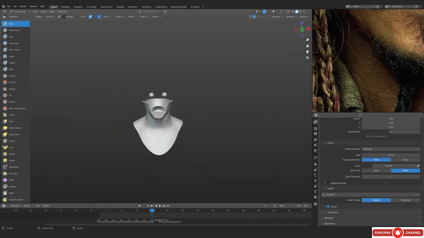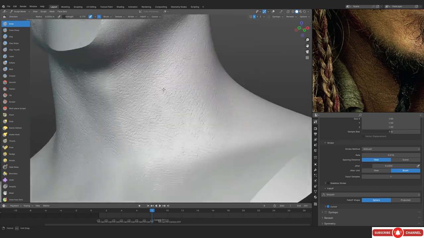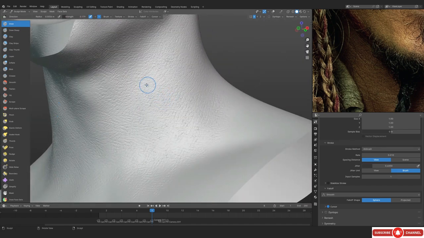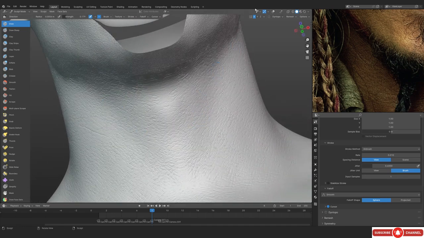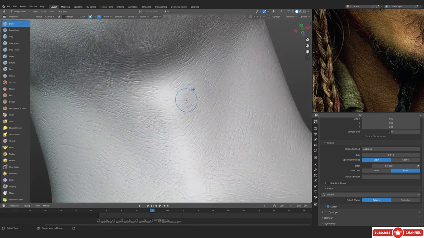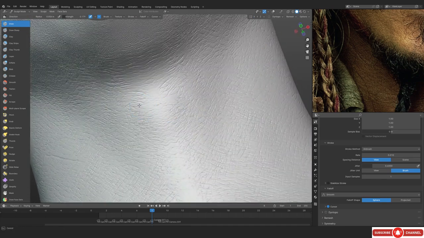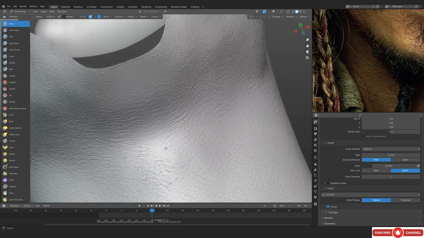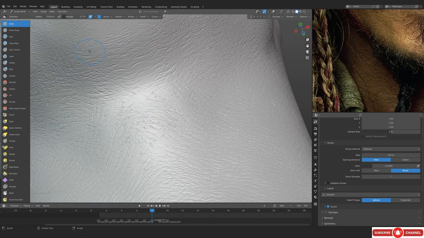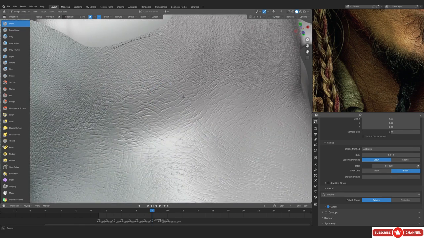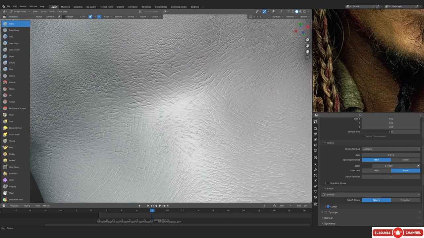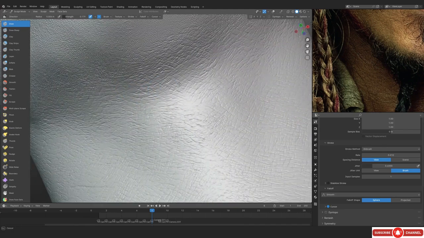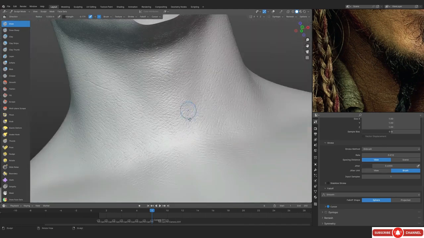And you can see that I'm not really doing this on the chest area. And yeah, I don't know, you can actually do that, by the way, because I'm basically just going to be doing the same thing with less intensity. But yeah, you can actually just do that. And now you can see that we are just turning off the symmetry and basically just doing the same thing over here. So yeah, I already talked about this, right?